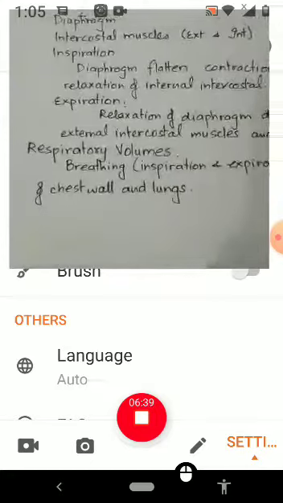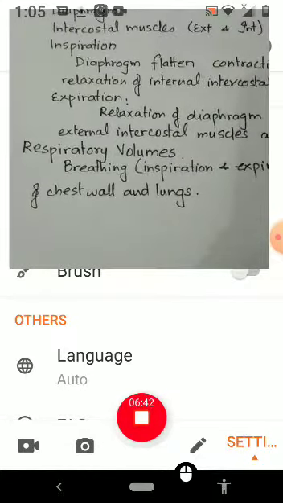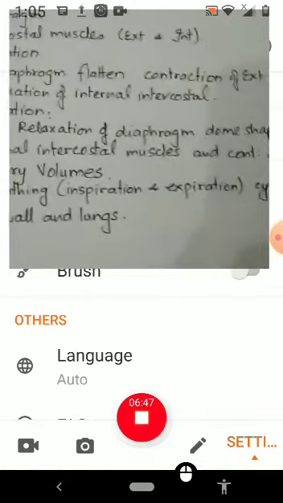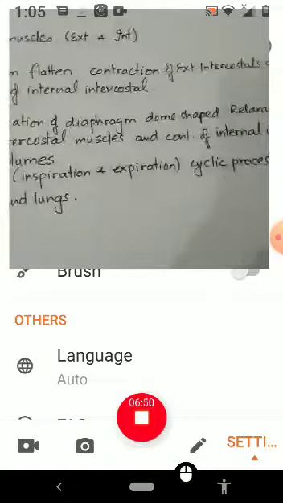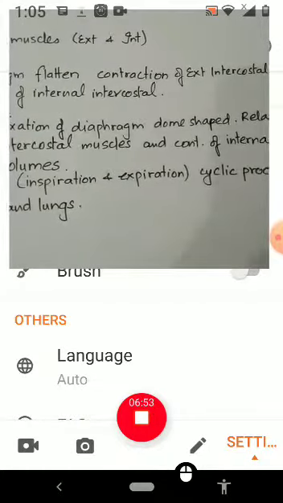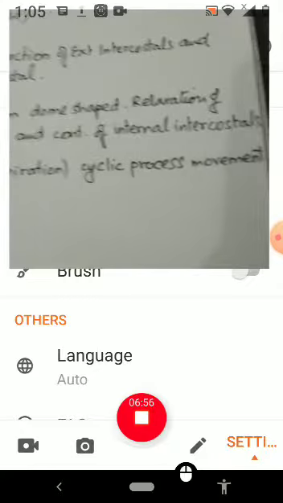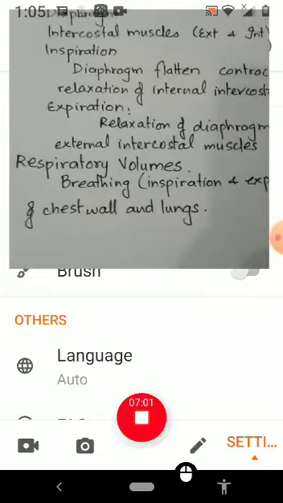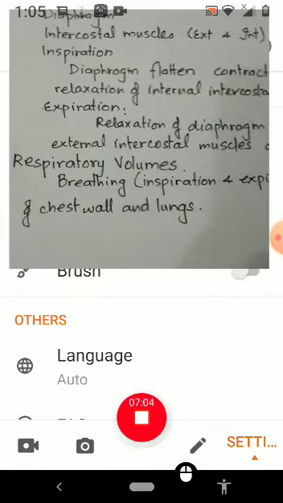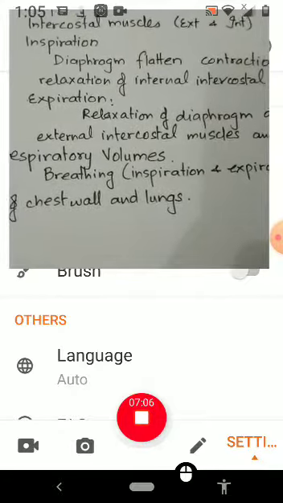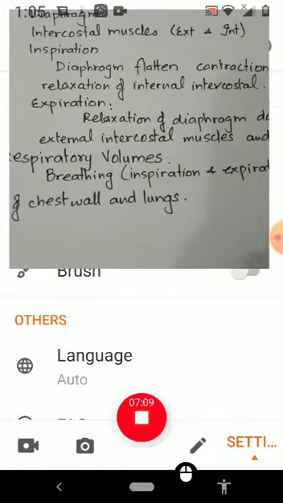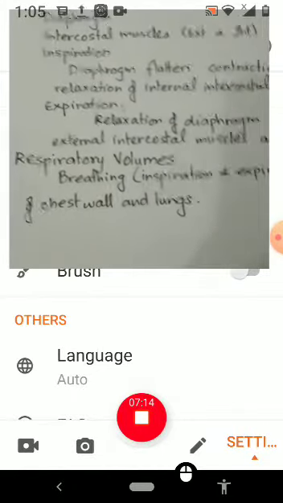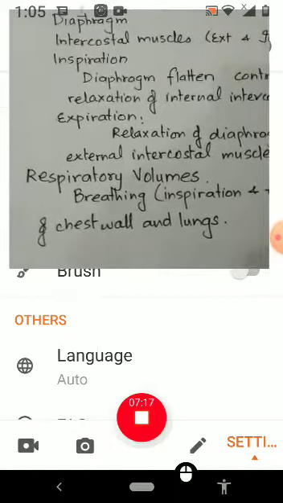Our next topic is the respiratory volumes. Breathing, which includes both inspiration and expiration, is a cyclic process, and the movements which cause the chest walls and the lungs to expand and contract are carried out, as we referred to earlier, by the diaphragm movements and by the intercostal muscles. So during these movements,